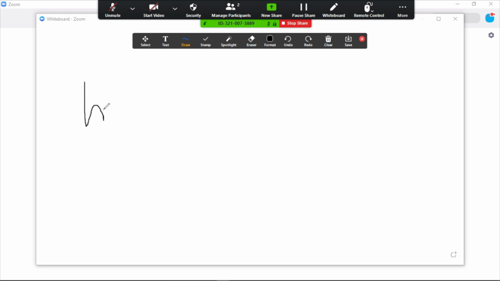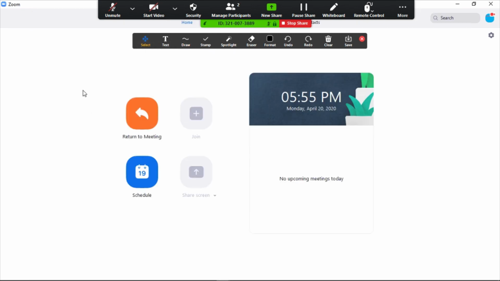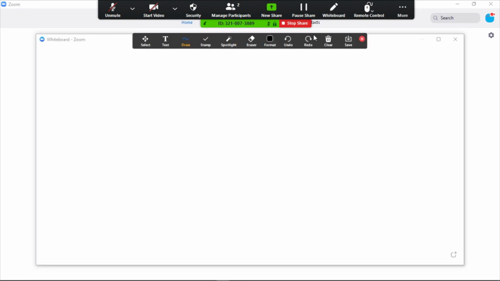Now I could write anything over here. So you can see I could select anything, paste. So now if I go on text, I can write anything here, hi, or if I want to draw. If I want to stamp a thing like okay, tick, I could spam it. Spotlight, you can see that this is the tick right now. You can press an arrow spotlight like this. Okay, so any way you want.